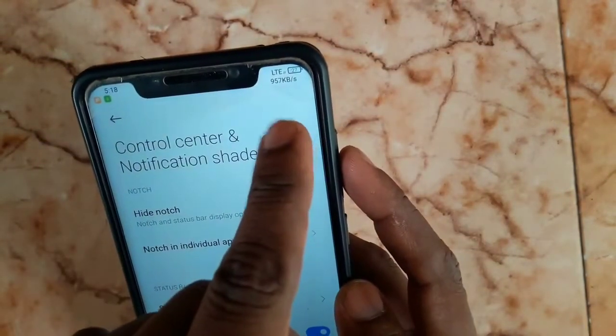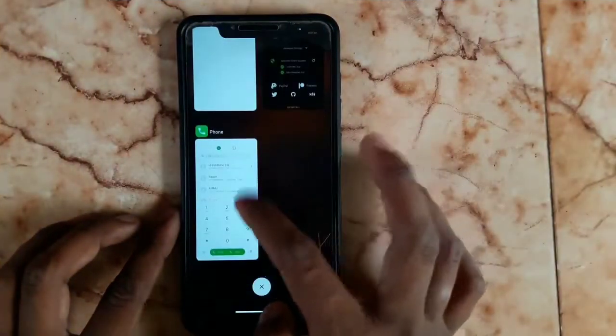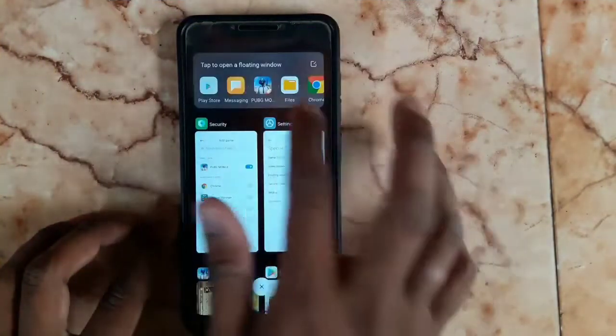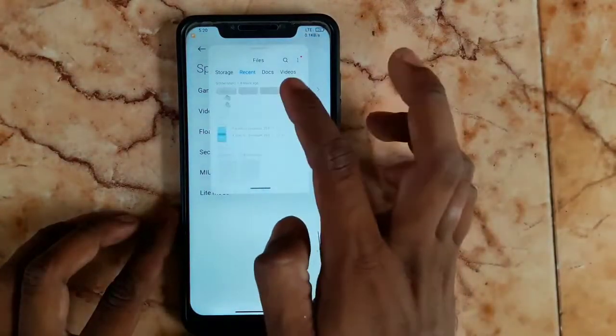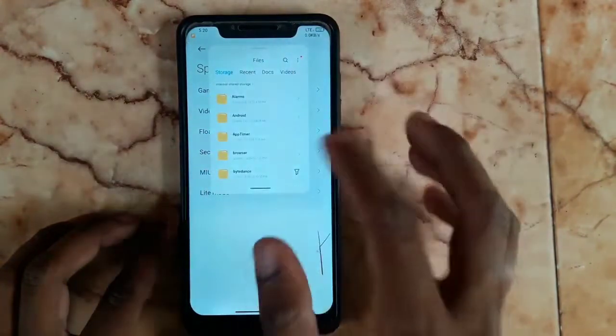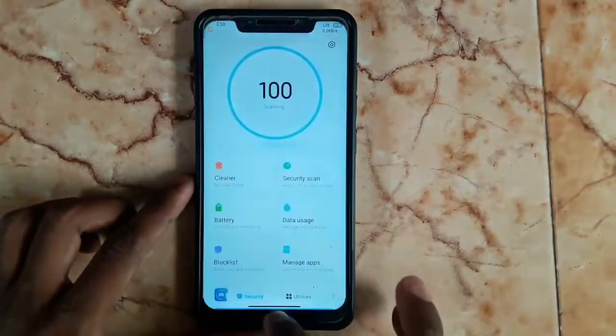Finally, coming to the recent screen, there is no lagging with the recent screen. You can even use a floating window in this recent screen, but you are able to use only one application at once. Don't worry, you will be surprised with the official build, because we are going to use 2 floating windows at once.